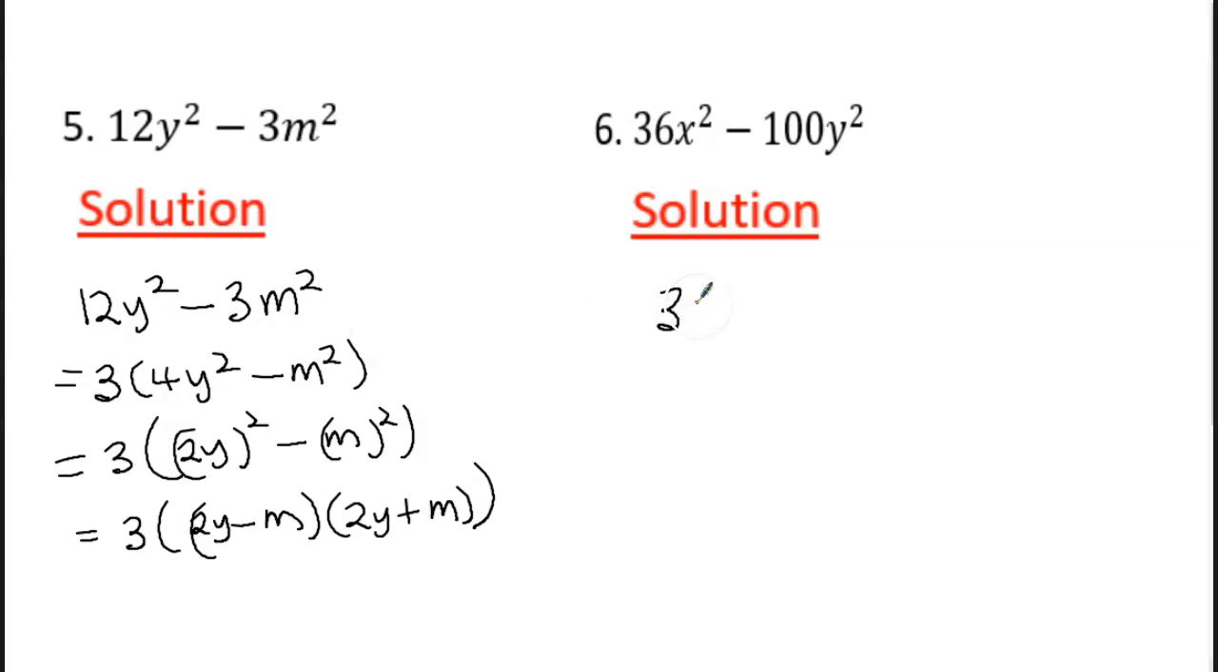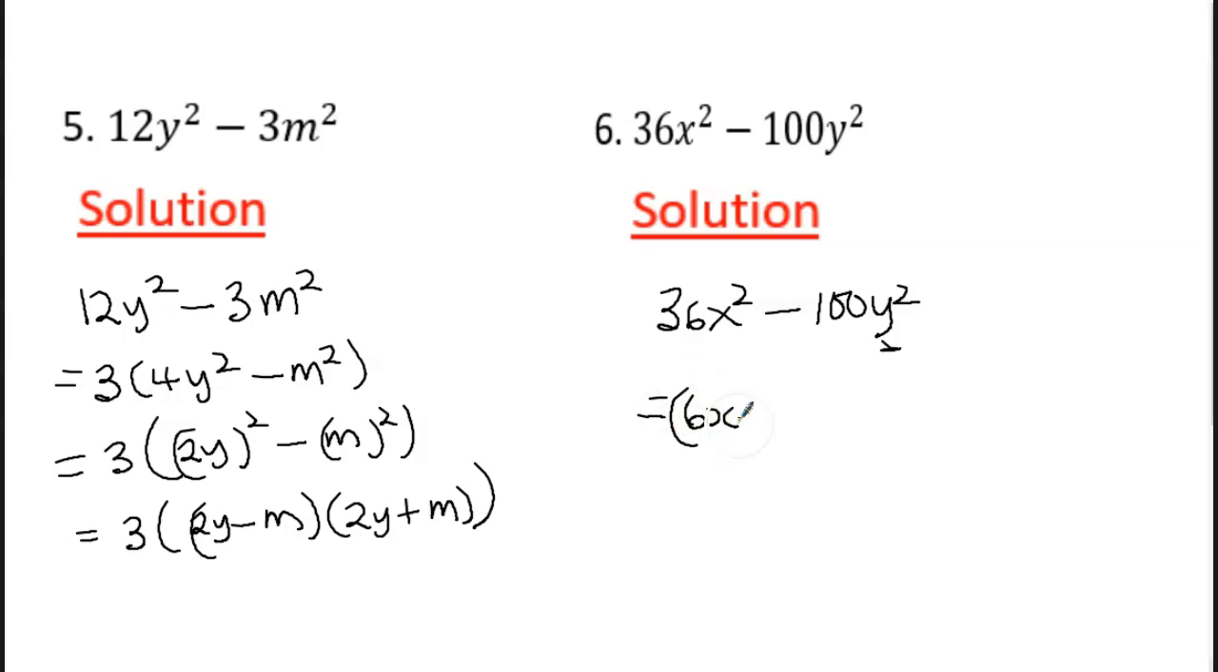Let's look at question 6. x squared minus 100y squared. So first you have to check 36, is it a perfect square? Yes. x, is it a perfect square? Yes. x squared. 100 is also a perfect square. y squared is also a perfect square. So we can rewrite it as